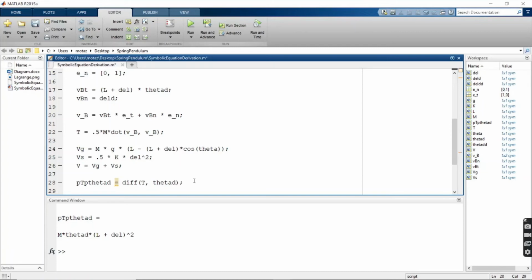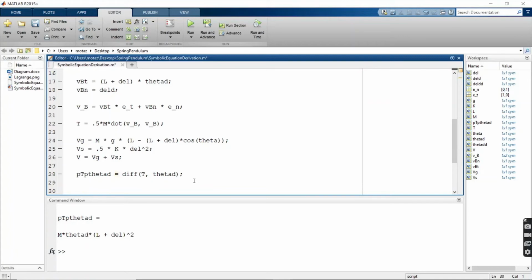Now we need to take the time derivative of this function. So the time derivative is, you have to use the chain rule because you have several things dependent on time. Like mass, of course, is not changing with time, neither is the length, but del and theta dot are changing with time. So you have to multiply by the inside. So we say d of pT theta dot dt is going to equal,